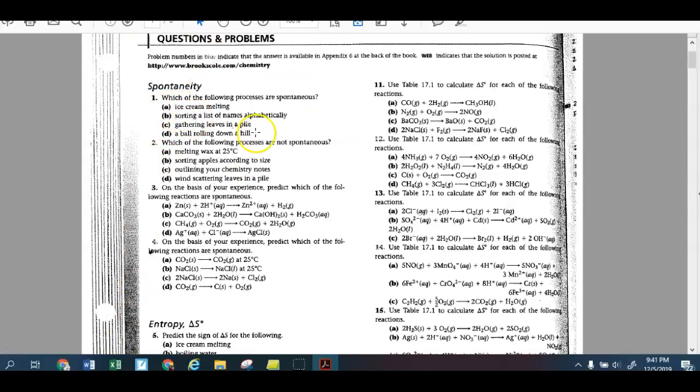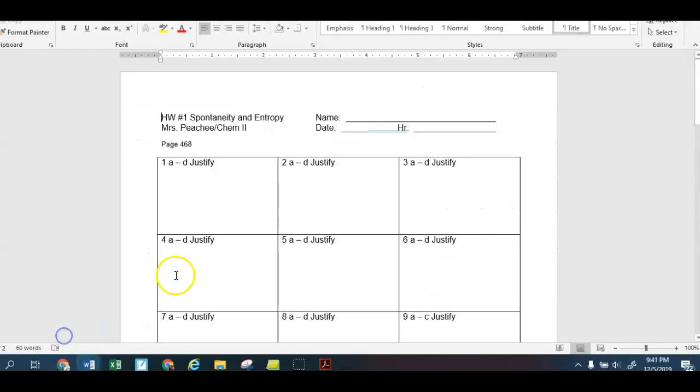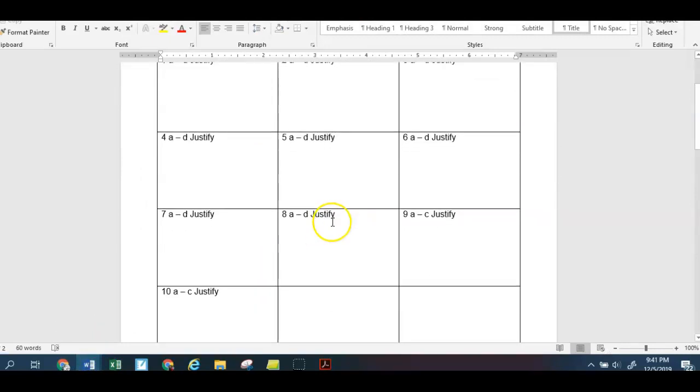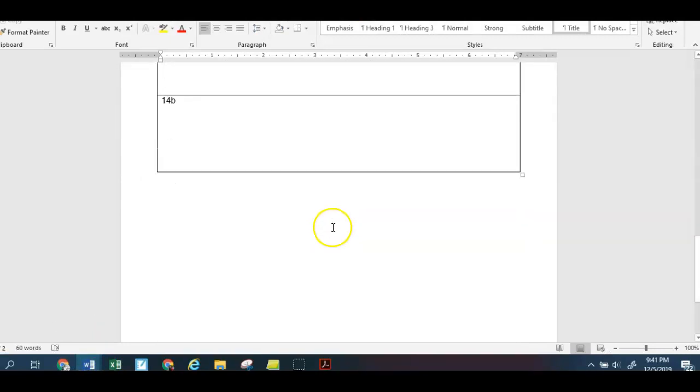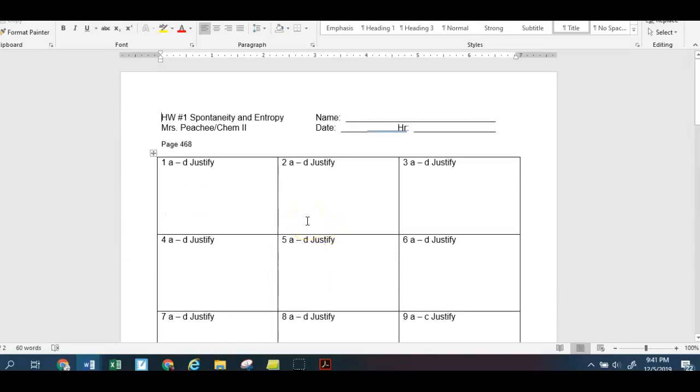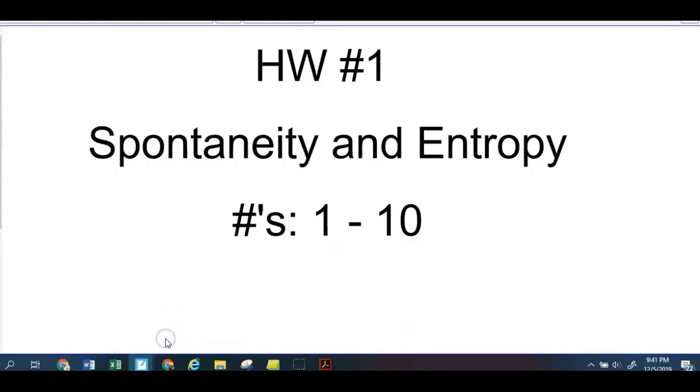So you should have a copy of this. You should also have a copy of this. So this is the homework. It tells you which numbers to do and which letters. Okay, so pay attention. It just says A through C for 9. So you can go A, B, C, D here, and then after you go back and look at the book, you can write spontaneous or non-spontaneous, and so on, whatever the question might ask. Hope that makes sense. Wanted to make sure you understood. So this is what the homework sheet looks like for the first homework. You should have a copy from this. Get it from me or from the sub. All right. So second half